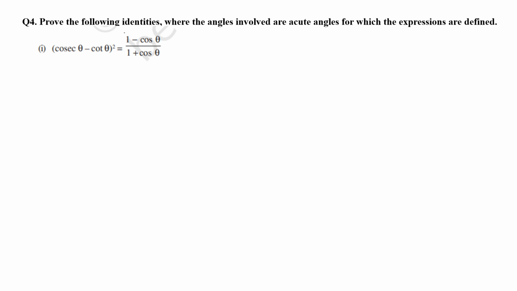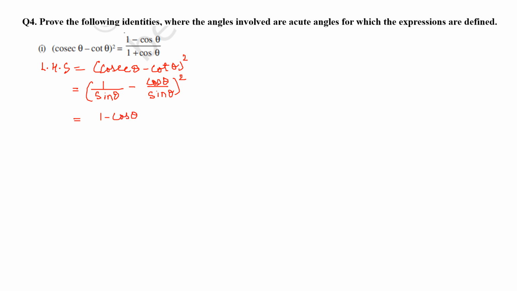So my LHS here is (cosec theta minus cot theta) whole square, isn't it? Now you have to write cosec and cot in terms of sine and cos. So cosec theta, I know it is the reciprocal of sine theta. So it will be 1 by sine theta minus cos theta by sine theta, right? Next, I am going to take LCM. As both the denominators are sine theta, it will be (1 minus cos theta by sine theta) whole